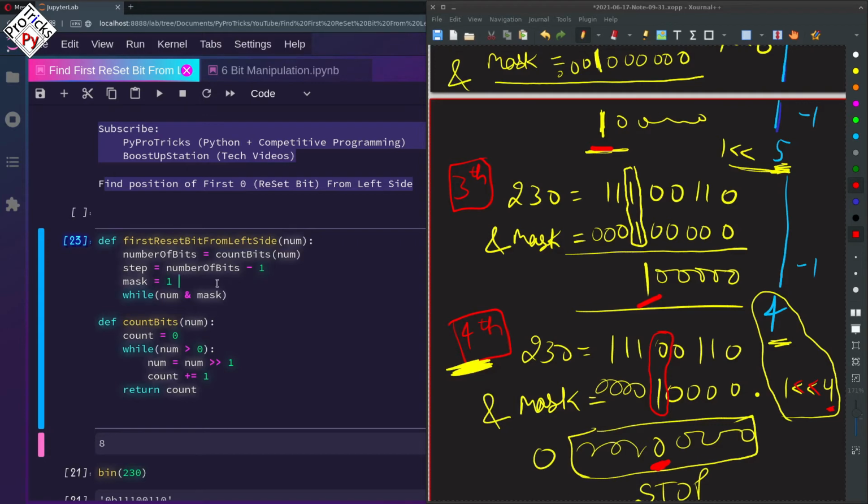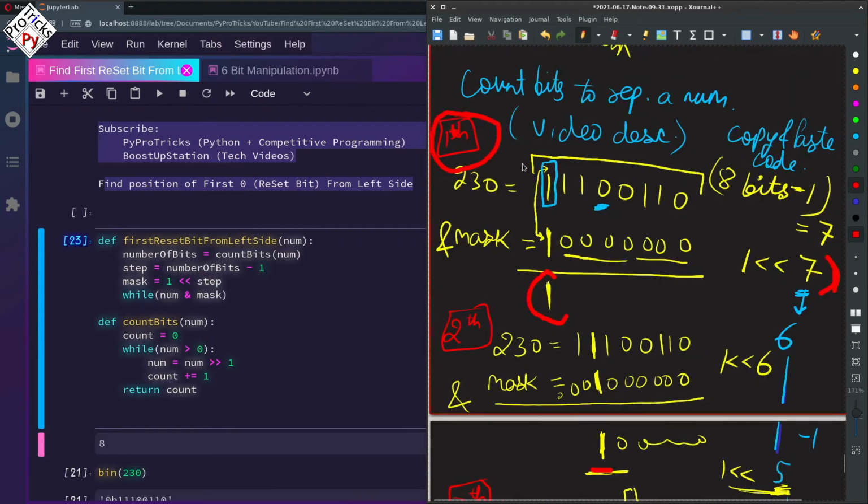So this will be equal to 1 left shift by step. So in the first iteration, you can see that we left shifted 1 by 7, and in the step also we have 7 stored. So the mask will be this one right here. We have to proceed until num and mask is equal to 1.